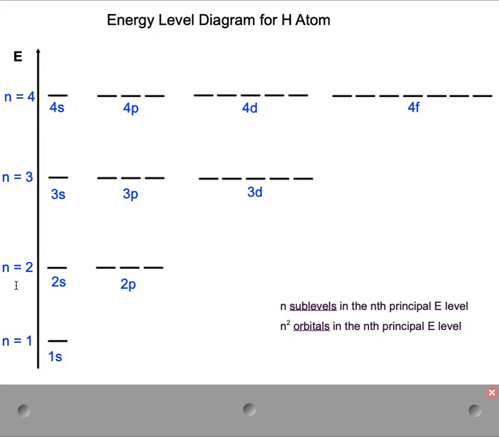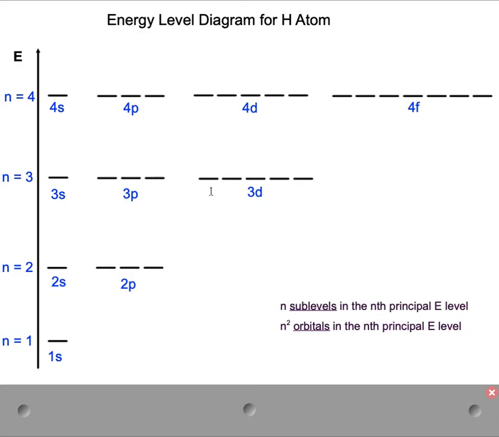In the second principal energy level, indicated by n equals 2, now there are 2 sublevels. They are called the 2s and the 2p sublevel. Each grouping of horizontal lines corresponds to a distinct sublevel within that principal energy level. As we can see, there is 1 orbital in the 2s sublevel, 3 orbitals in the 2p sublevel. When we go to the third principal energy level, now we have 3 sublevels called 3s, 3p, and 3d. Are you detecting a pattern here? The 3s sublevel has a single orbital, the 3p sublevel has 3 separate orbitals, the 3d sublevel has 5 separate